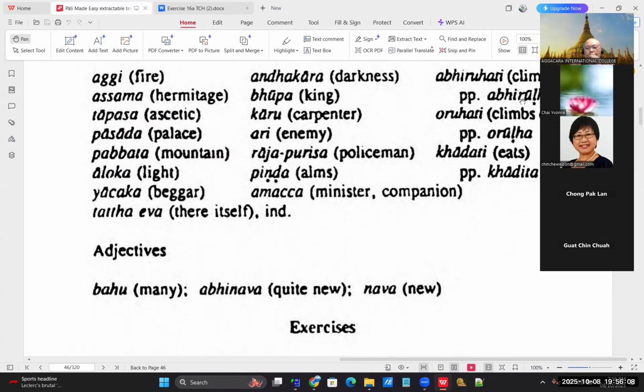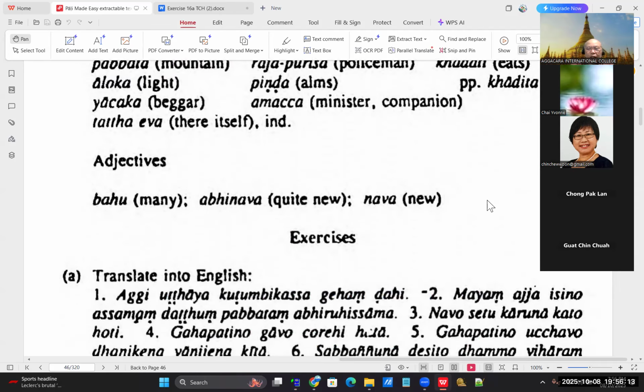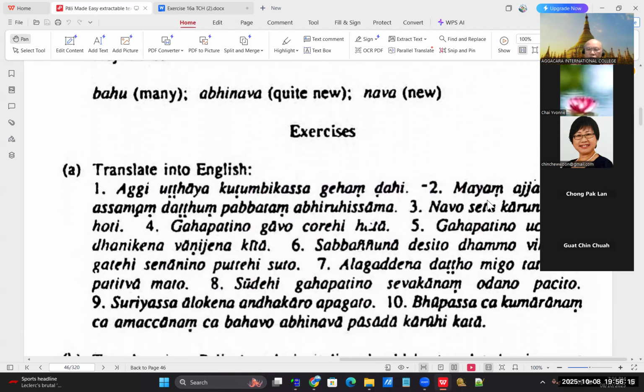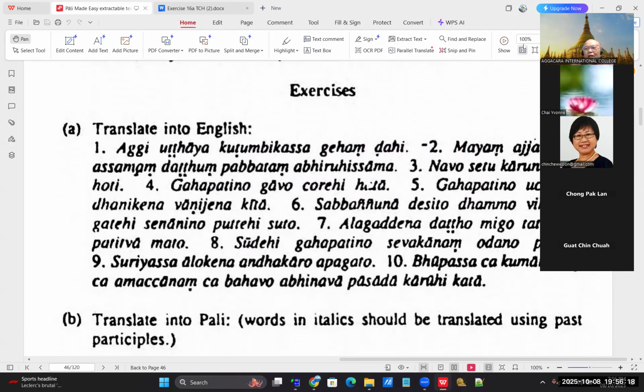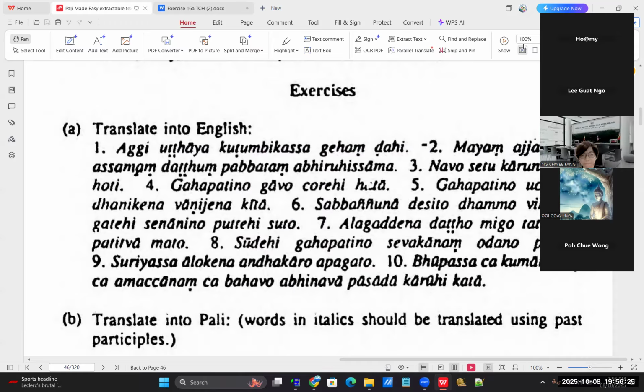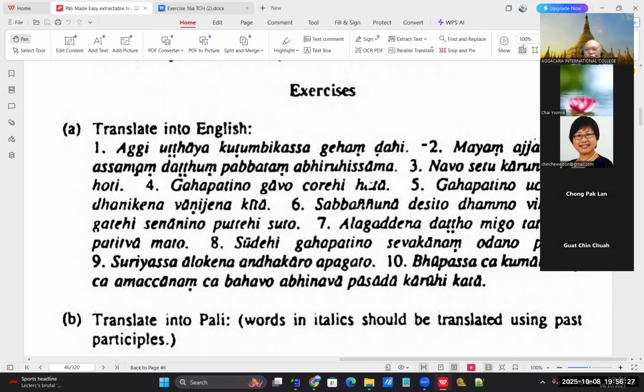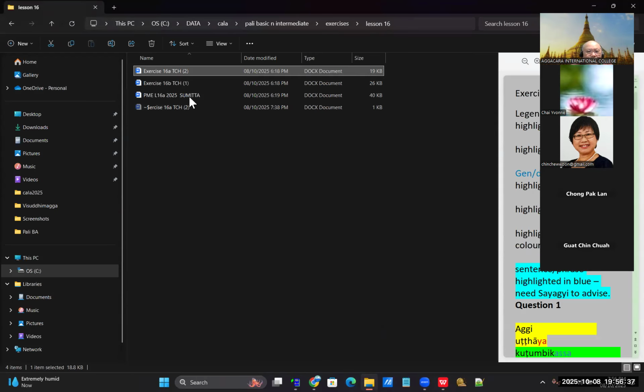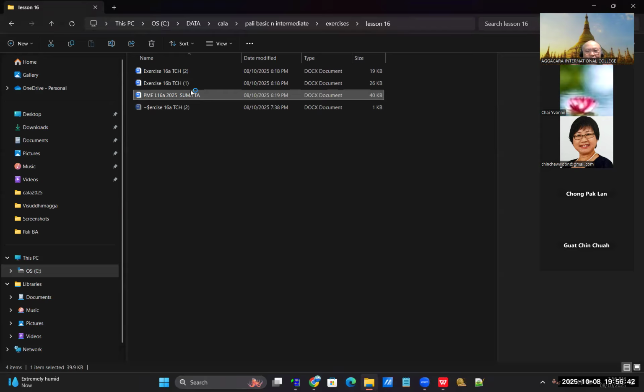When we pronounce W and V, sometimes the English pronunciation is actually quite the same also. Okay, now for this, I asked the students to prepare in advance. Why? Because last time, after I explained, the students did the homework, then I had to ask them to do the homework all the time. So now I changed already. I want them to do the homework first. It's active listening, forcing them to do it. Okay, now this one, let's see. There's Chaihun and Sumita. Okay, now I open Chaihun's first. I think Sumita's is easy to look at.